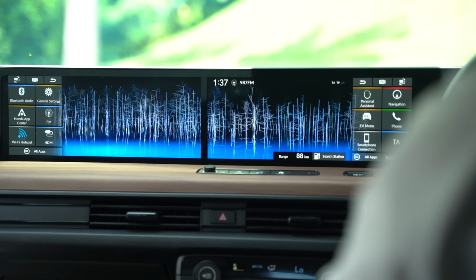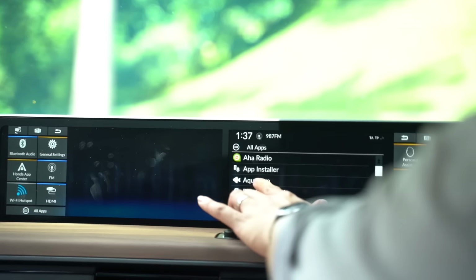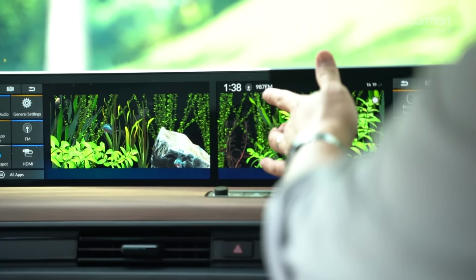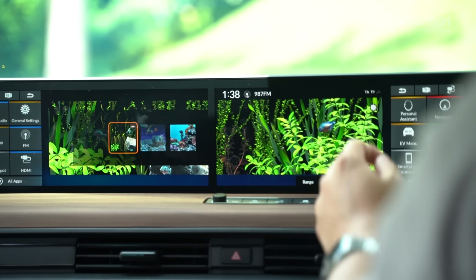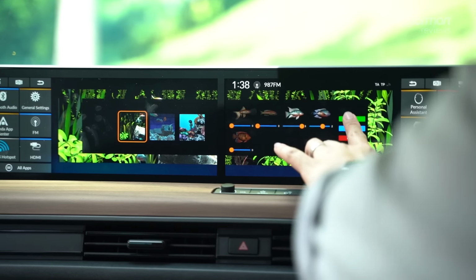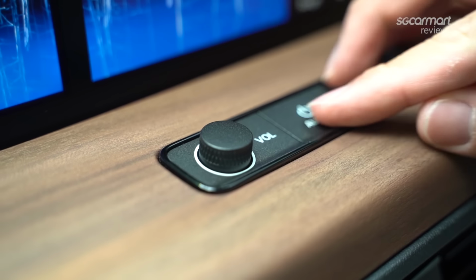And for some reason, if you want some fun, you can actually open up the menu and go into this aquarium mode. In case you want to feed some fishes, you can even control the settings on the number of fishes. Good for you, Honda. And then moving down to the center, you get your volume control for your entertainment system